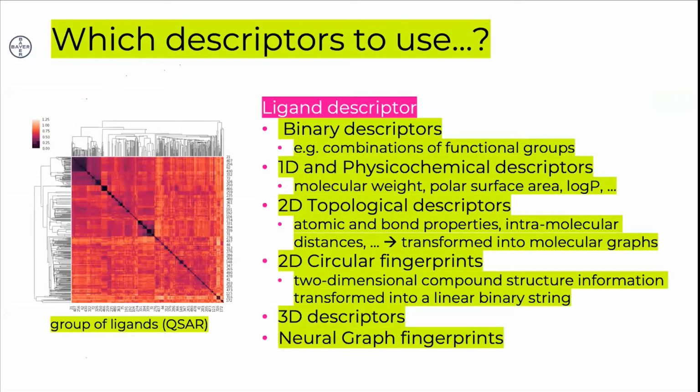There is always a question of how and which descriptor you want to use. There's a wide bunch of descriptors. You can start with binary descriptors, which just take into account functional groups and count them, like pharmacophores or toxicophores. You can go for 1D or physchem descriptors, which are simple things like molecular weight, polar surface area, solubility, or lipophilicity, whatever is easy to measure. And you can take more complicated ones until you reach the 2D circular fingerprints, which have been so far the workhorse in most computational chemistry projects.